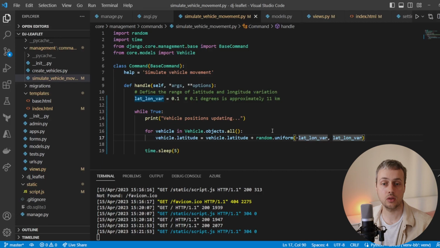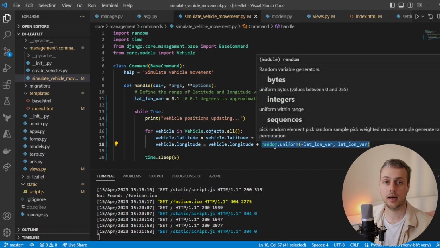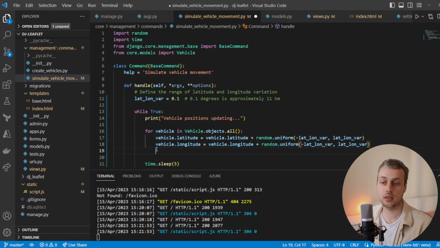and we can get a value between those using the random.uniform function from the random module. And we're going to do the exact same thing below that for the longitude. We're just setting it equal to the previous longitude plus some random value between -0.1 and +0.1. Once we've done that, we can use the vehicle.save function, and that's going to save the new latitude and longitude